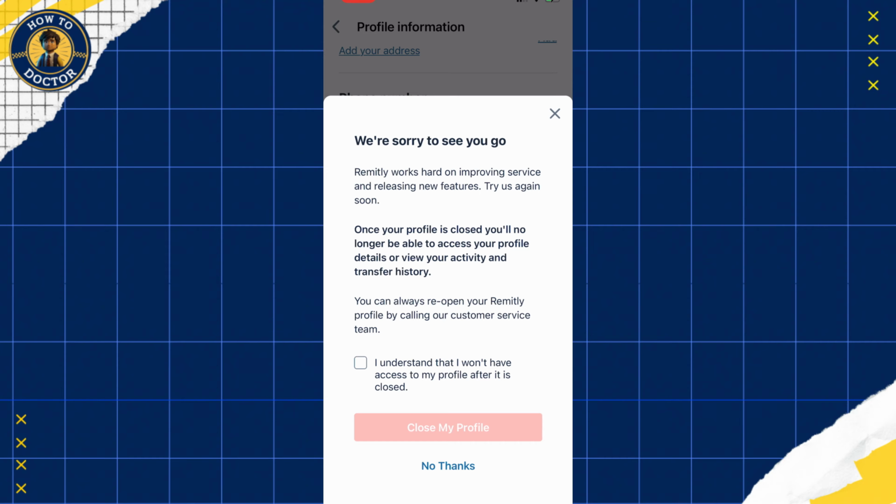By closing your profile, you will no longer be able to access your profile details or view your activity and transfer history. You can contact your customer service when you want to reopen your account. Once you're ready, tap on the box and then tap Close My Profile, and there your account has been closed